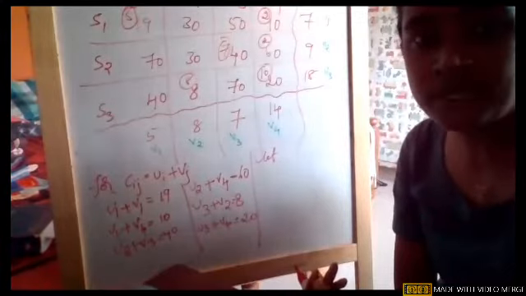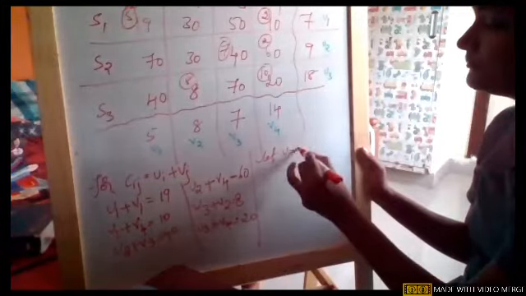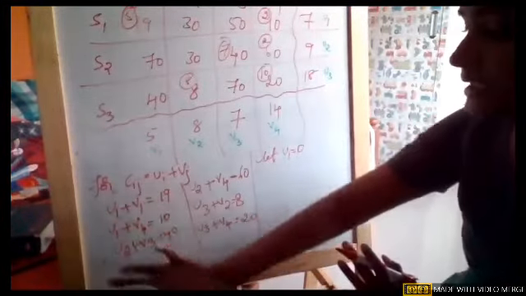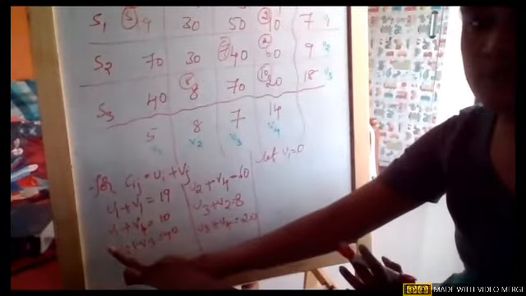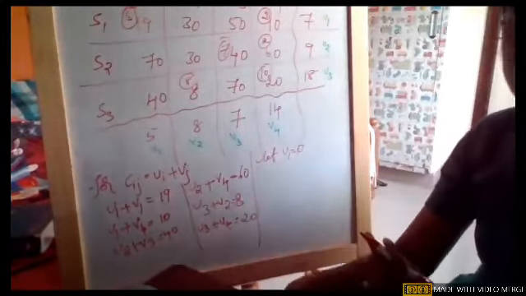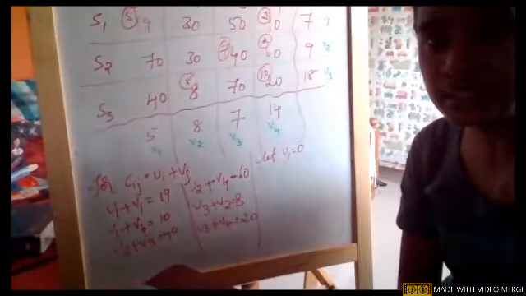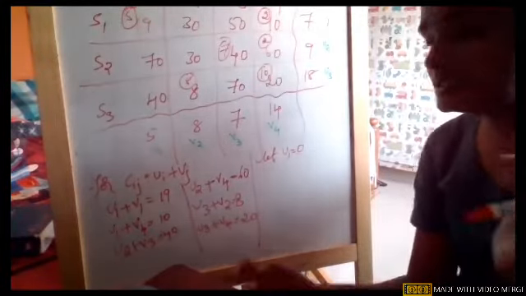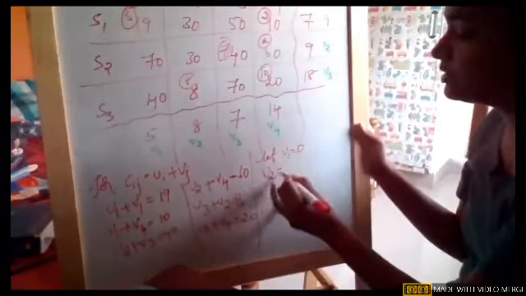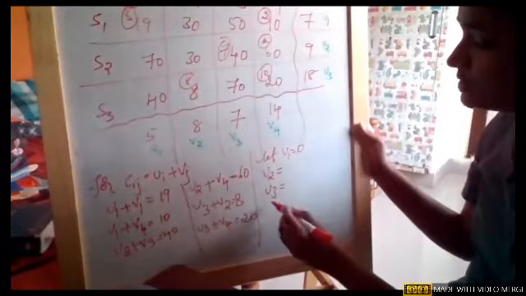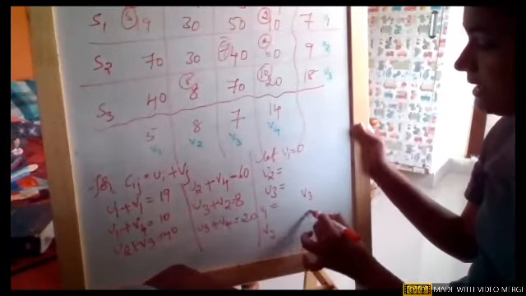In order to find out the values, I'll take let U1 is equal to 0. Anything we can take, girls, as U1, U2, U3 are equally repeated. U1 is repeated twice, U2 is repeated twice, U3 is repeated twice. I just picked one that is repeated. So I took U1 is equal to 0. Using this, I will derive the values for U1, U2, U3, V1, V2, V3, and V4.